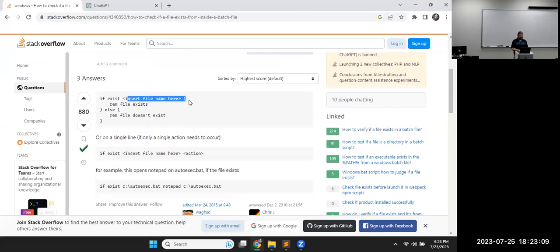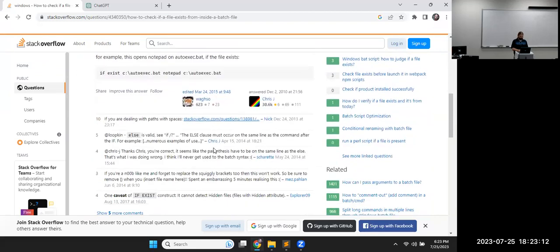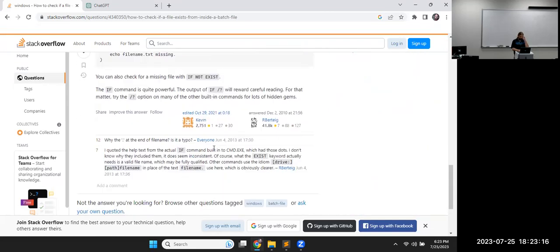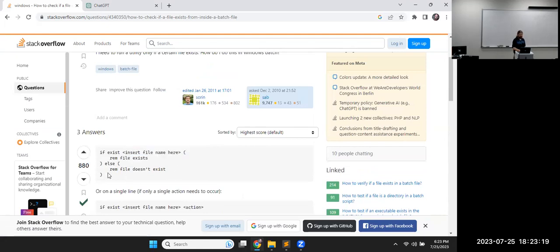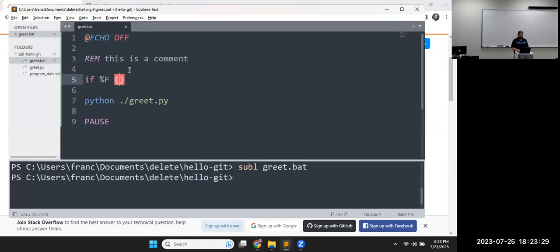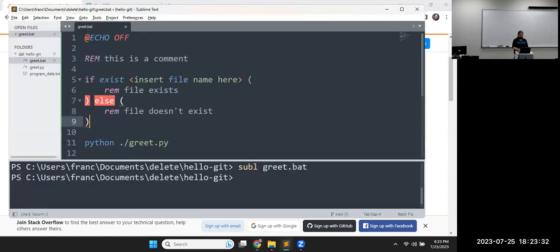If exist, insert file name here. Oh, I don't need the %F. Or if I scroll down, I see something with %F. Nope. So, yeah. Like Nathan pointed out, this is a great one for chatbots. It's always the thing. So if exists and then some file, and our software can't run without program data.txt, we need to make sure that that is there. And if it is, then we